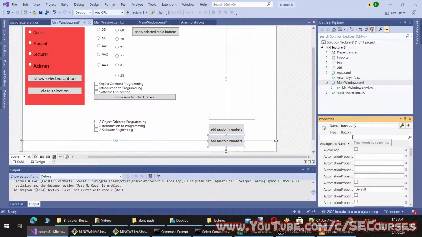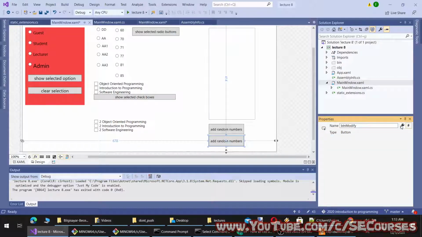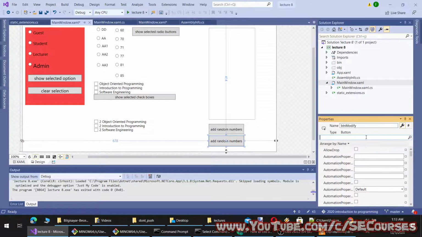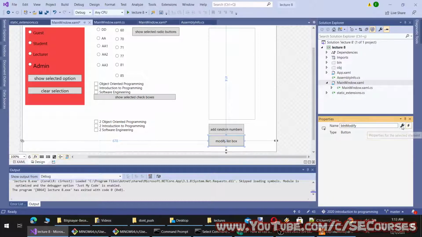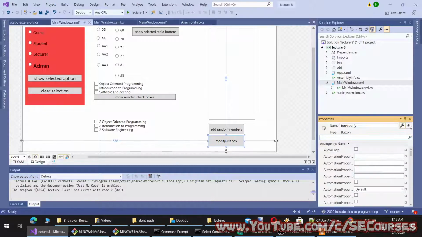Okay, so let's give it a new content: Modify this box, and let's change the click event of the button.